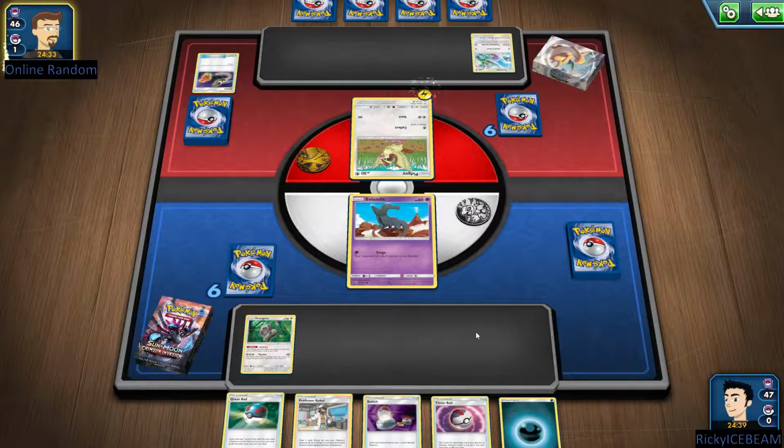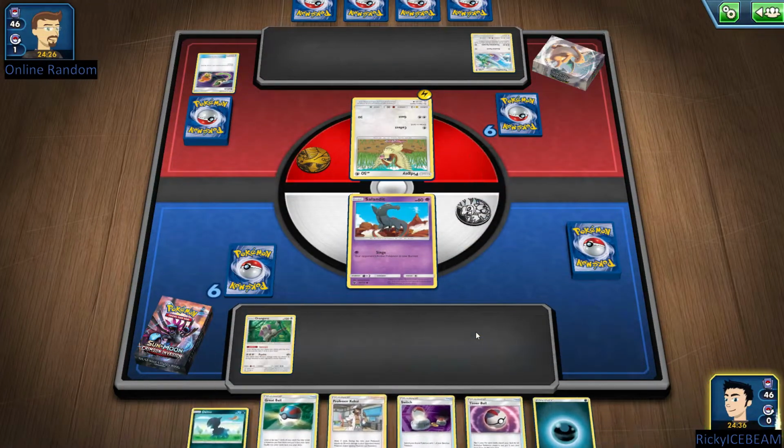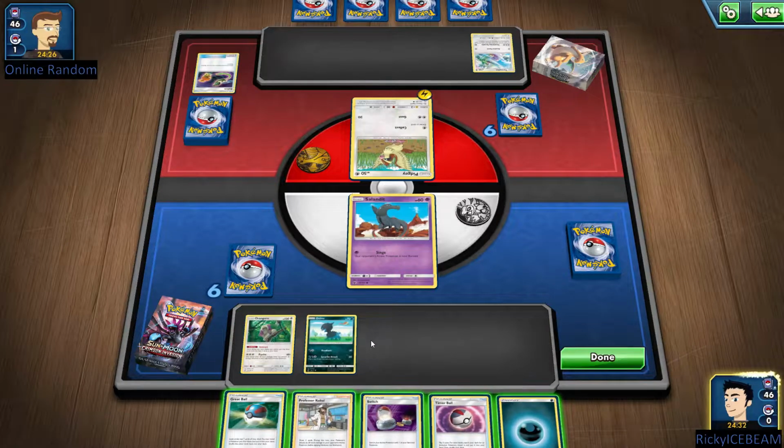So in this battle, it looks like I started out with Salandit, which is not a terrible start if I can get a Psychic Energy card. I have an Oranguru on my bench, which is good. It's good to have him on your bench and not out in front,